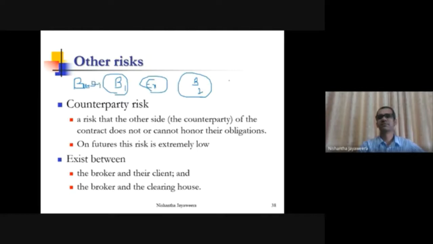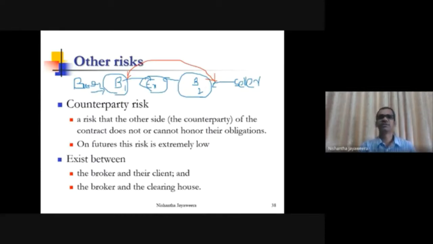Buyer. This is seller. So the buyer will contact his broker, the seller will contact his broker. They will agree on it on the exchange. Then what happens? Even though the trade is initially agreed between these two parties, even on the exchange between the broker of the buyer and the broker of the seller,